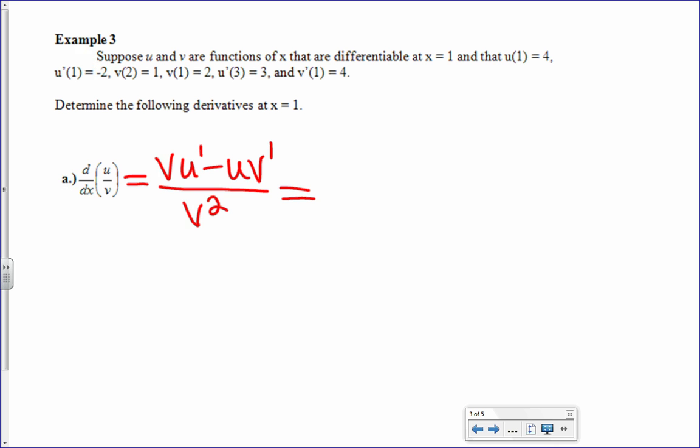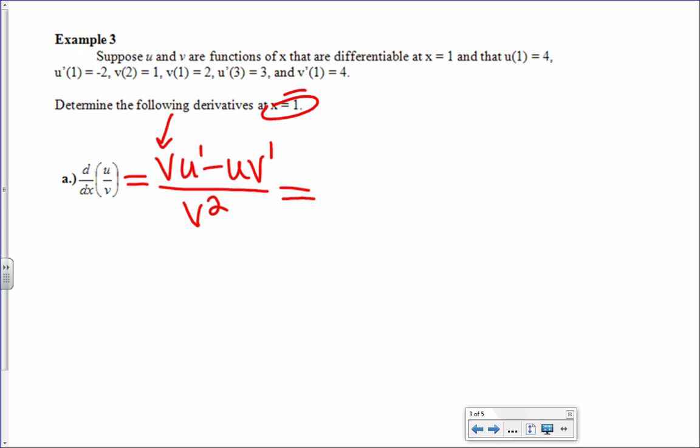Okay, v of 2 is 1, right? And that u prime of 3 is 3. Yeah, those probably aren't going to be very helpful, are they? Because I don't even know it's differentiable at 3. But here we go. The 1's the one I'm worried about. So we need v of 1 right here. That's what I need to figure out. Where is that? V of 1